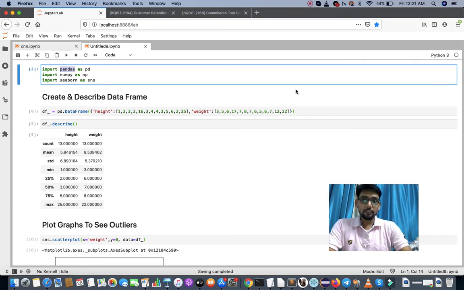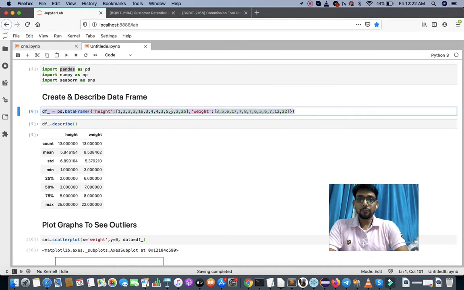So guys, if you don't have an idea about outliers and the basic statistical techniques to detect them, like z-score, IQR, scatter plot, box plot, etc., I highly recommend you go to my previous video where I explained these outlier detection techniques, and you can find the link inside the description box, right?